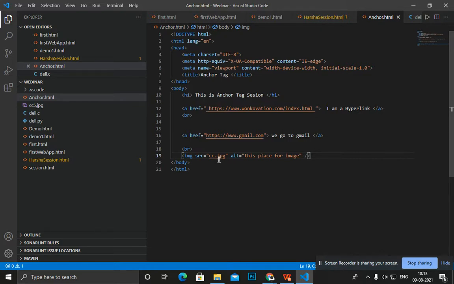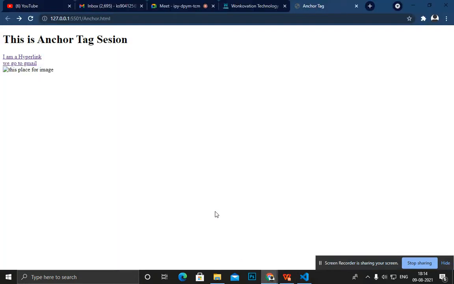Okay, and I just want to show all the other properties. If you want to change the height of the image, how can you change the height? You use height, height is equal to, I want to display 180, and I want to give a width to my image. Here you see I give width 300. So I hope you guys understand the difference between height and width. Just a minute, I will tell you.